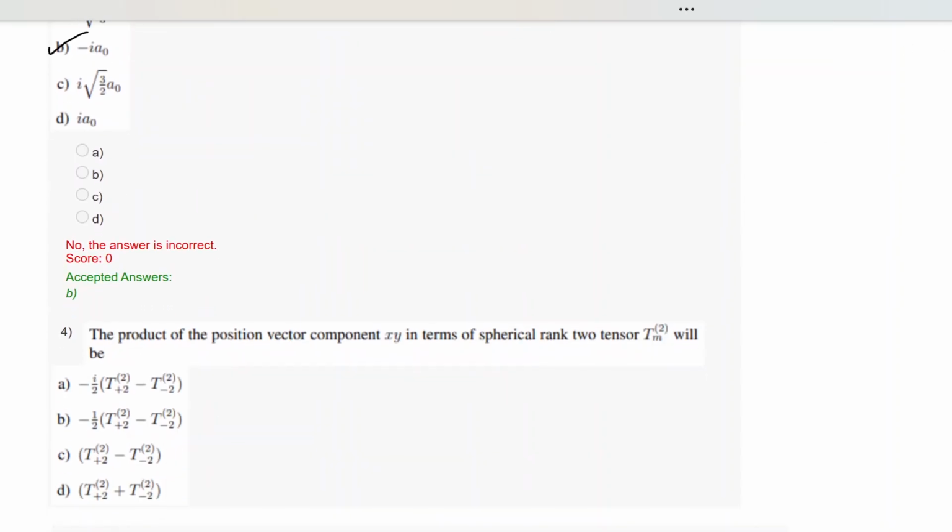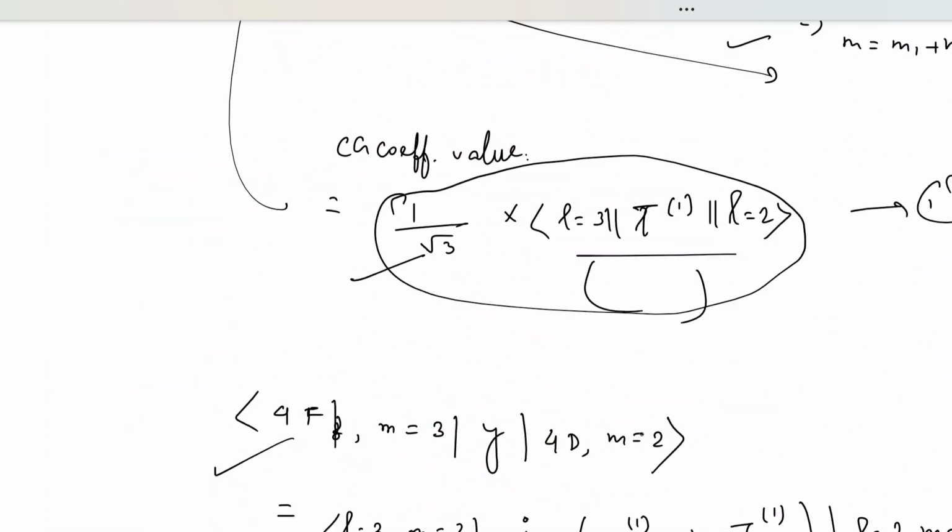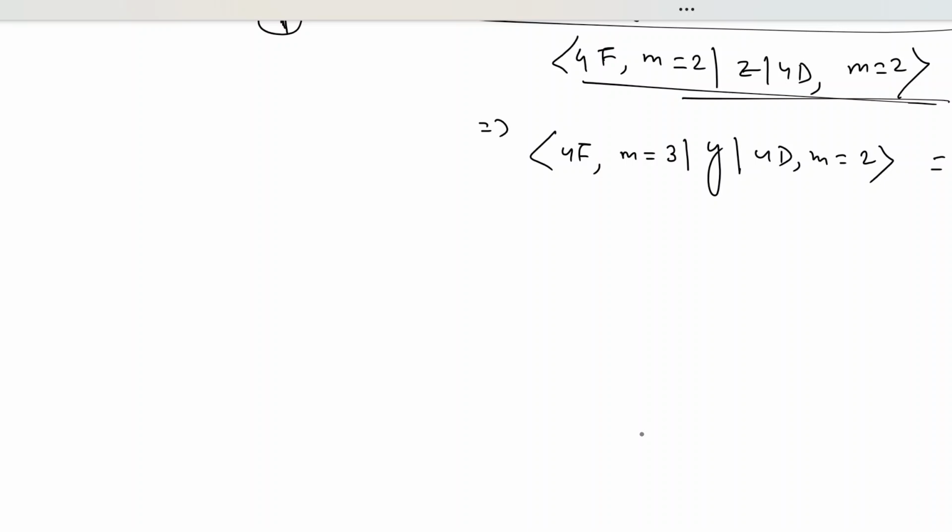Now question number 4. The product of the position vector components xy in terms of the spherical rank 2 tensor, that is T bracket 2m, will be what? So in the earlier question we were dealing with spherical tensors of rank 1, so the bracketed term was 1, but here you have a rank 2 tensor, so this is 2. So how to represent that? There is a specific form of these rank 2 spherical tensors, which is